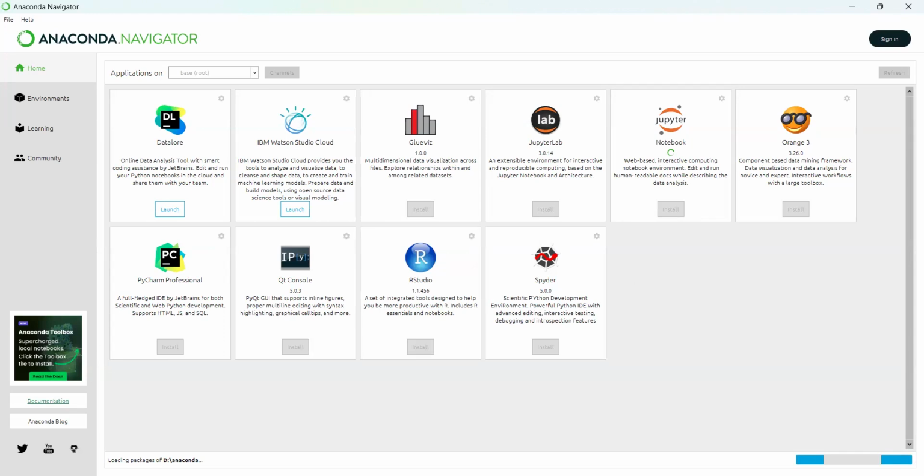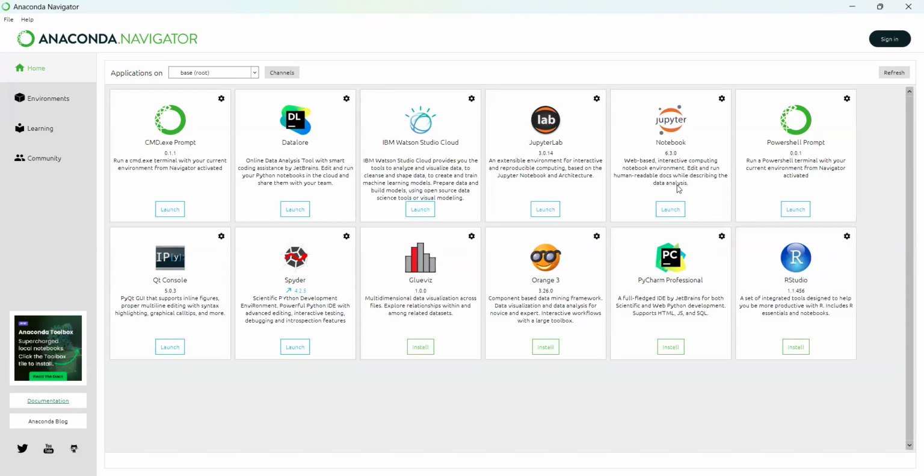You can see here loading packages of Anaconda. Just wait. Ma'am, isn't PyCharm a better option?